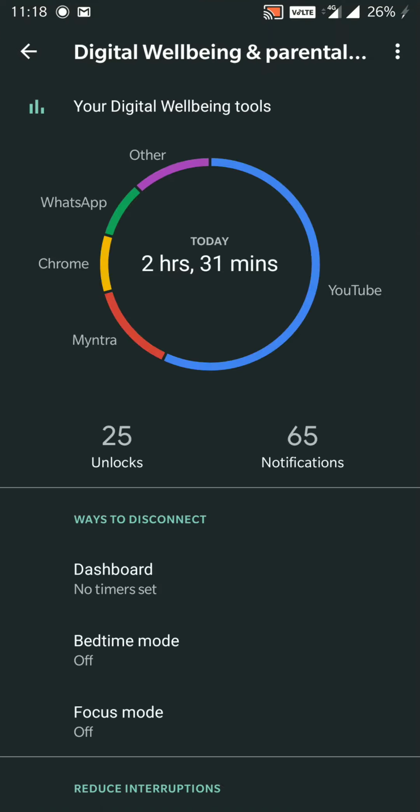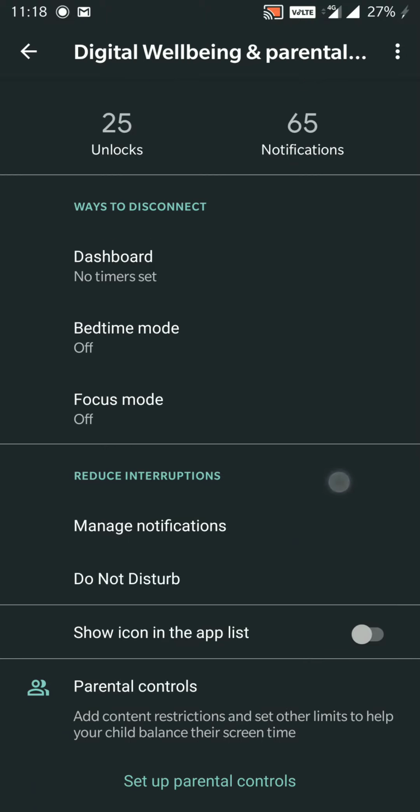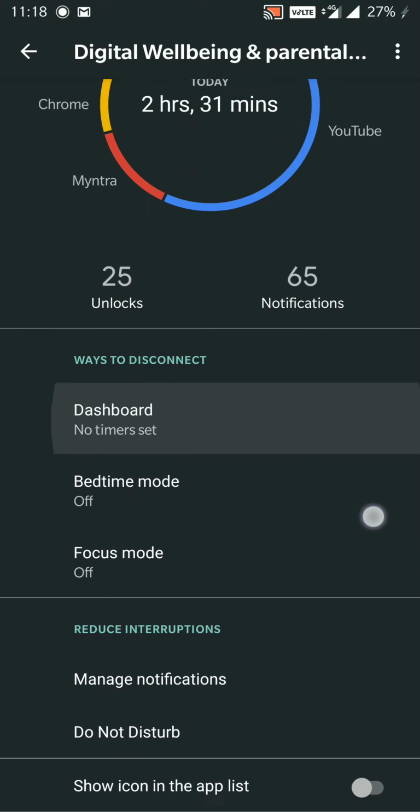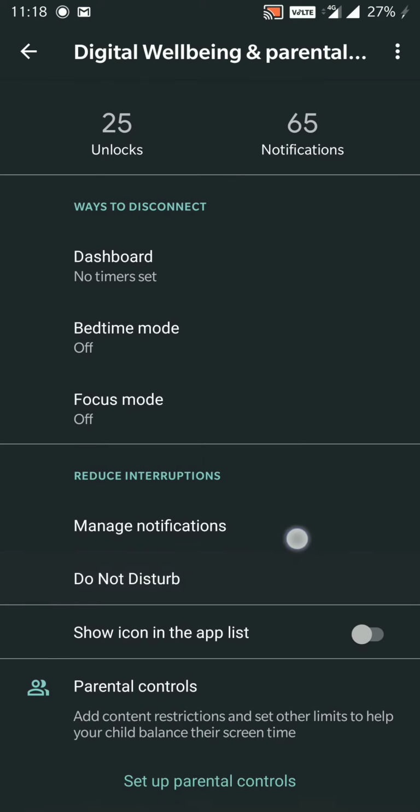If you click on this, it will analyze what apps you are using daily, and based on that it will show you which apps you have been frequently using, which app you are spending more time on, and how many notifications you are getting and all. Here you can control the usage for each app also. Suppose I want to use an app for 1 or 2 hours, I can set a timer for that app. I'll just show you how to do that.